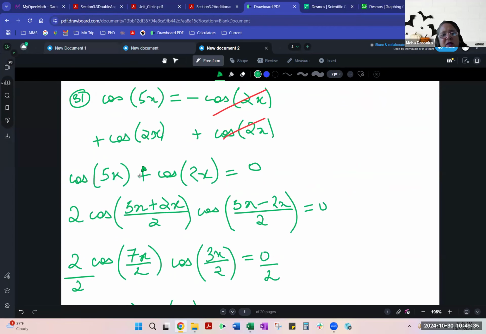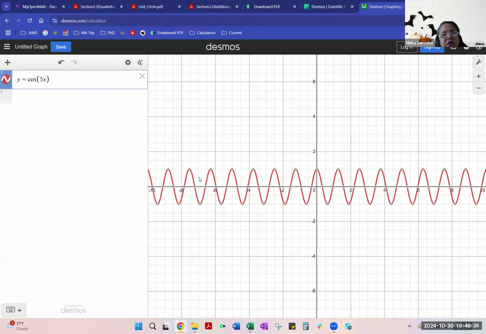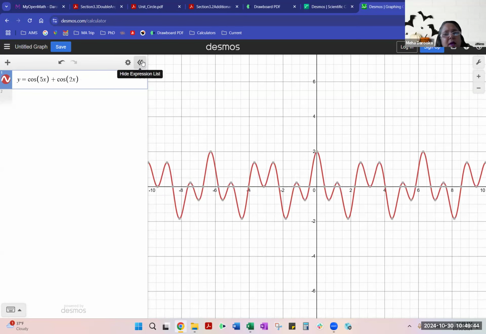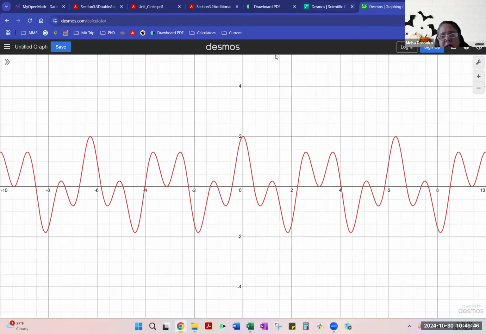Yeah, so this form, the cosine of 5x plus cosine of 2x. So we did have pi over 7. We did have pi over 3. But it looks like, and that's kind of what I was worried about, that we were missing a couple angles there, because you will see we do have 3 pi over 7, and we have 5 pi over 7